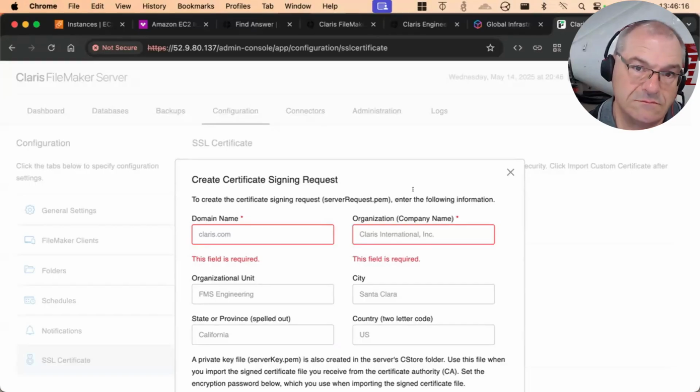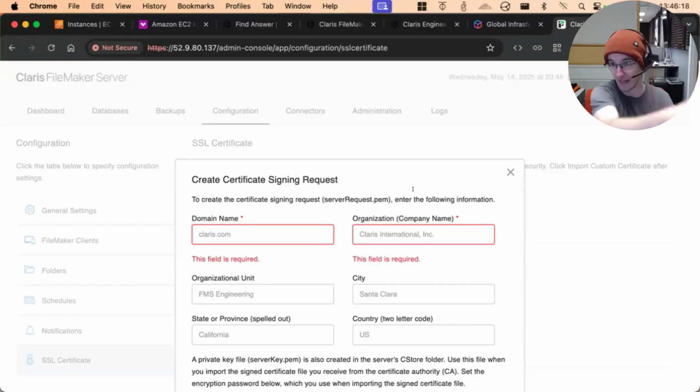You take that to the certificate authority. You hand that to them, and their computers go, oh yeah, that sounds great, and you paid us money or whatever. Again, there's a free version of all of this. They sign it. What you get back is your certificates. That is the thing that you install into your FileMaker Server.